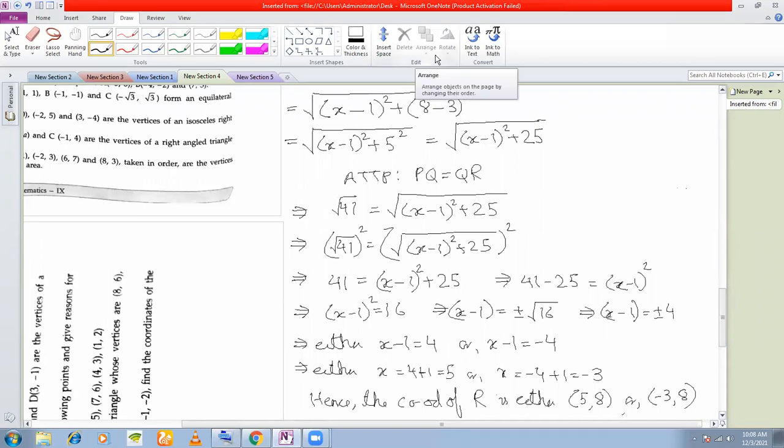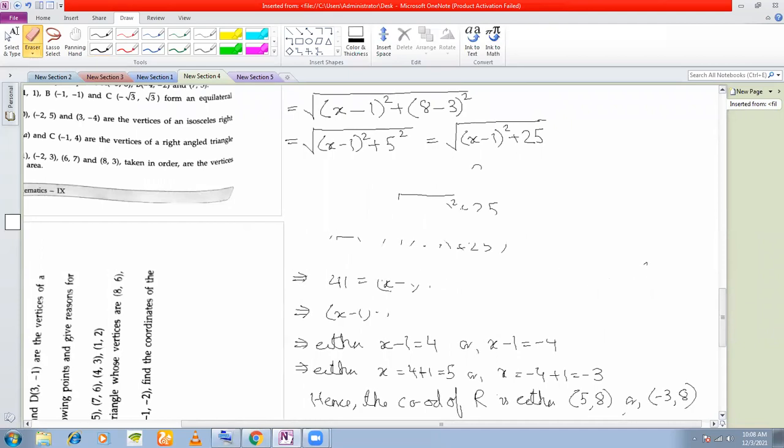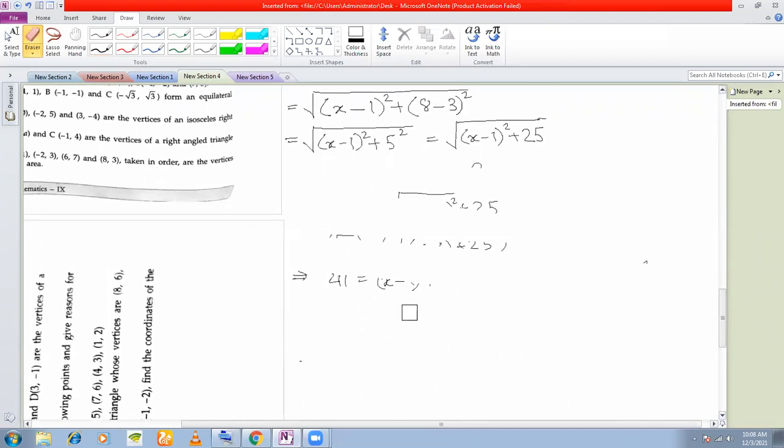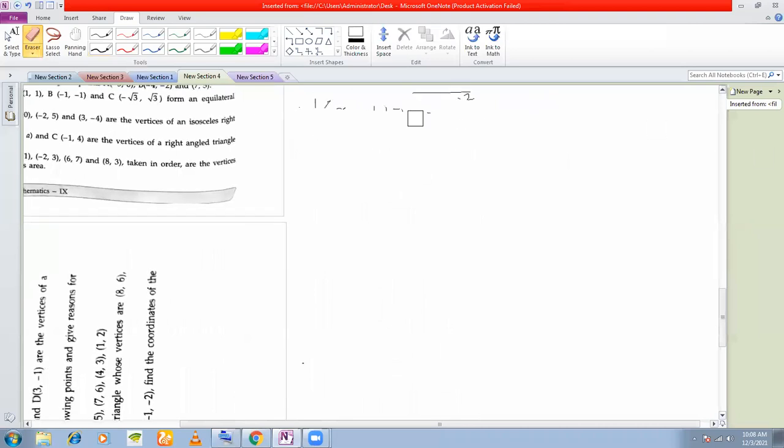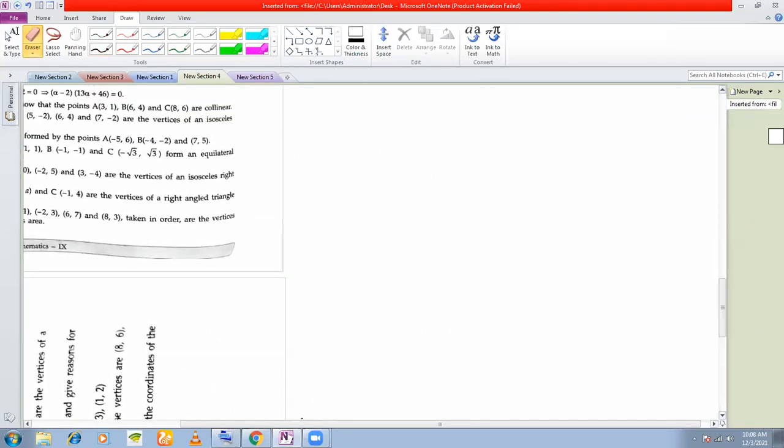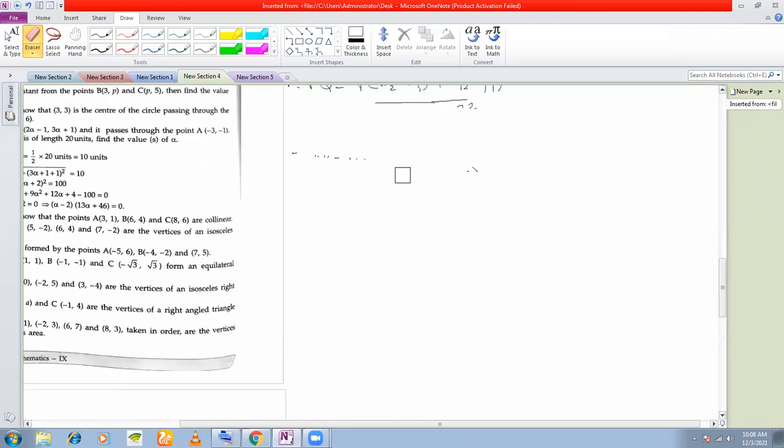So no question on this. Then I can proceed to giving you hints on 5 and 7. 5 and 7 are also of the very same kind. So I will not solve them. I'll just give you hints, and you can do this exactly the way I did this sum.